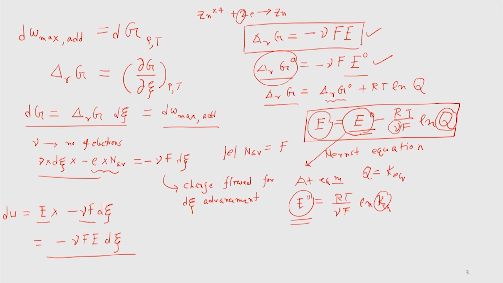Now, the question is, suppose we have, as we already gave you an example, two reactions: zinc 2 plus going to zinc and copper 2 plus going to copper, and we will take the right minus left. Now, which will dictate the right versus left direction? If you remember, we already discussed when we discussed the direction of the spontaneity of a reaction that the Gibbs free energy will always try to get minimized. So, if we plot the Gibbs free energy with respect to the advancement, we said that for a particular forward reaction,